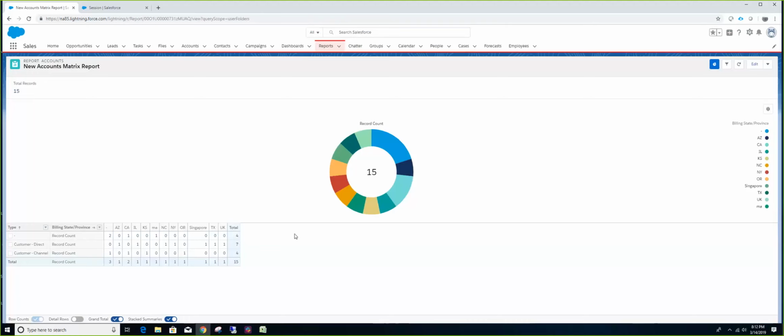If you have a requirement to categorize the geographical allocation of opportunities, or if a manager is reporting, give me the opportunity value by owner. It will clearly tell you this person made this much amount, this person made this much amount. Reporting can solve so many problems, and also assist in making lots of good decisions.